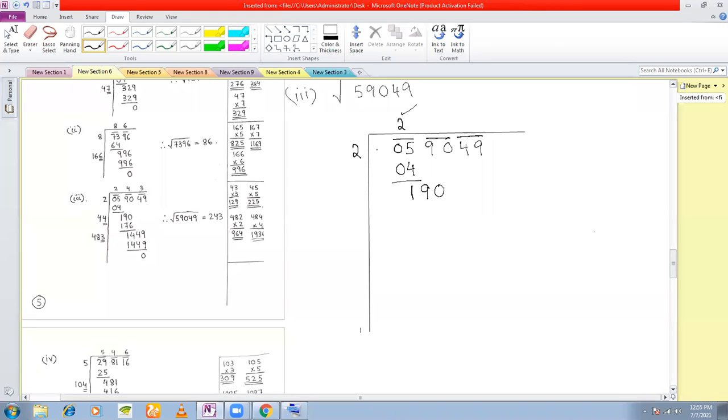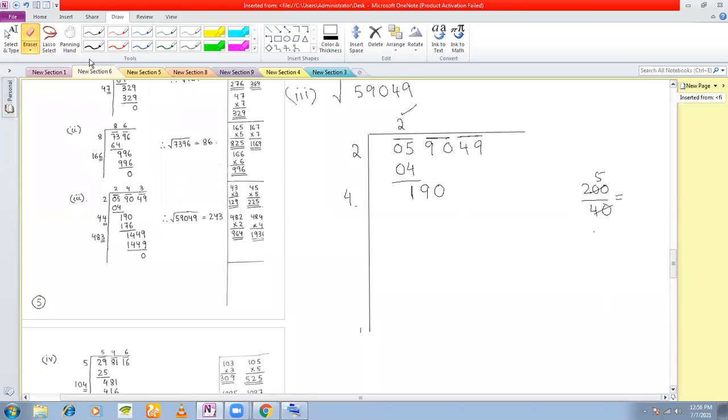Now look at this number here, 2. You double this number. How much will you get? 4. Now we need to insert a digit here. What digit are we going to insert? See, 190 is very close to 200. And with 4, we can introduce a 0 and check how much we have to introduce here. So 0 I am putting in my mind. So how much is it? It will cancel 5 times. So that means I may have to insert 5 here, or a 4 here, or a 6 here. That we'll see.